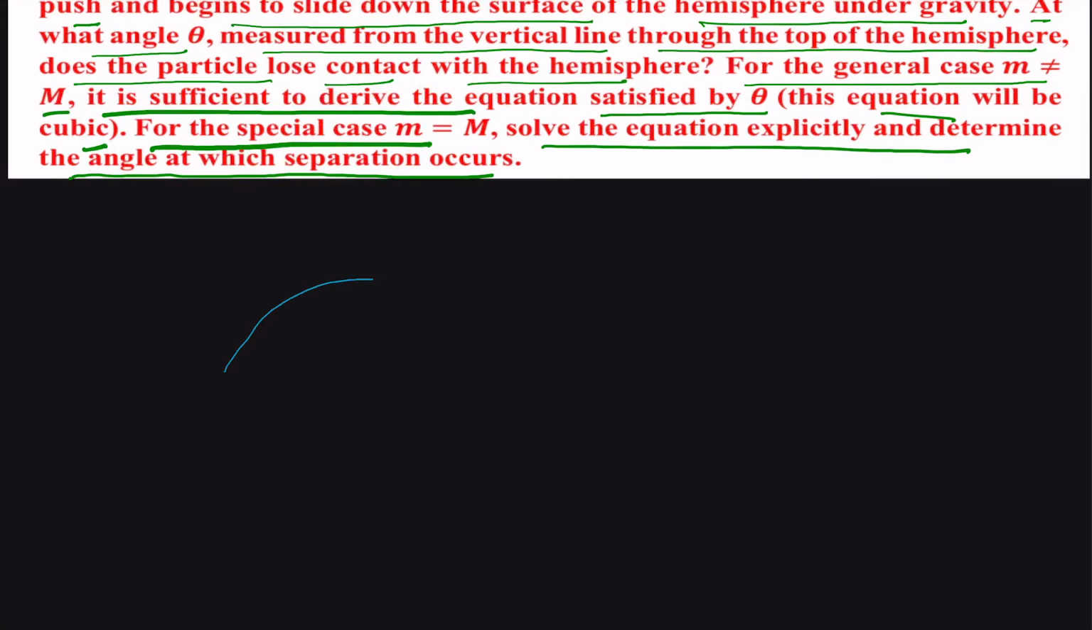So we have a hemisphere, and let us suppose this is the center of the hemisphere C, and we draw a vertical line. Initially the particle is at the top, r is the radius, and then a slight push is given to the particle, and let us suppose this is the position, and here it is making an angle of theta. So at this particular point, v is its velocity,